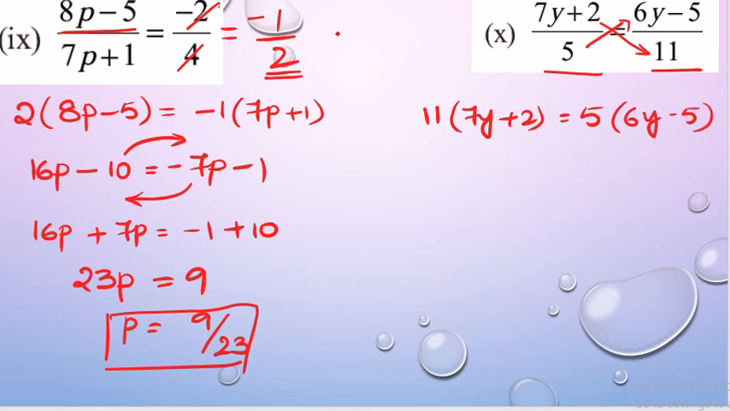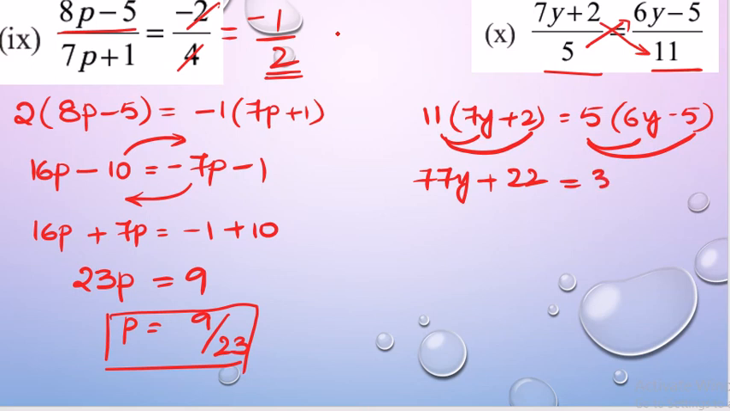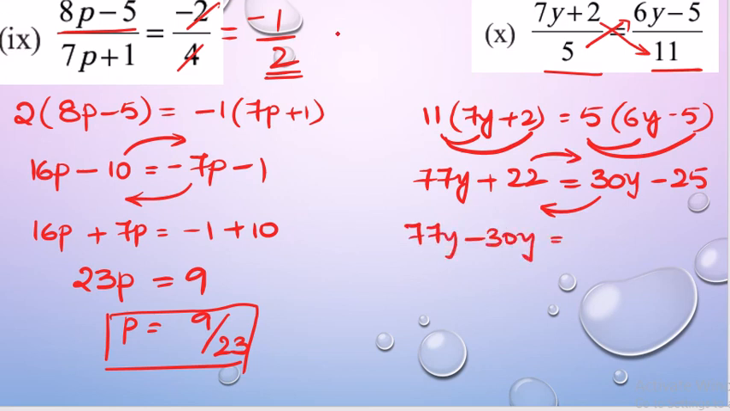On multiplication, 11 7s are 77y plus 11 2s are 22. You know multiplication, so likewise we need to multiply, which gives me 5 6s are 30y minus 5 5s are 25. Now transpose the like terms to one side and the remaining to the other side. So 77y minus 30y is equal to, since minus 25 is already present and this plus 22 will be transposed as minus 22. 77 minus 30 is nothing but